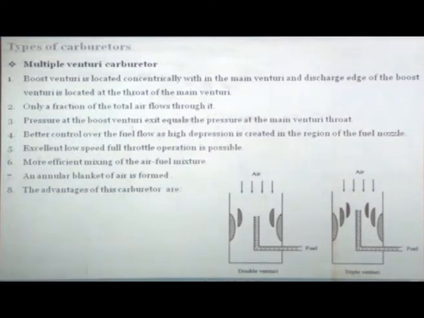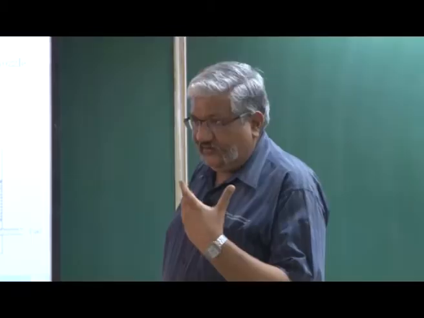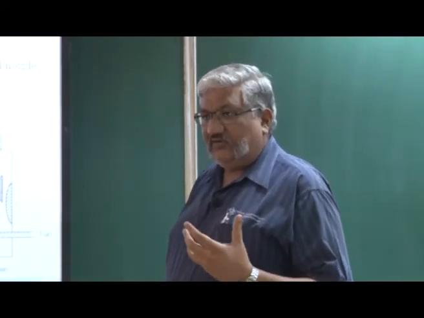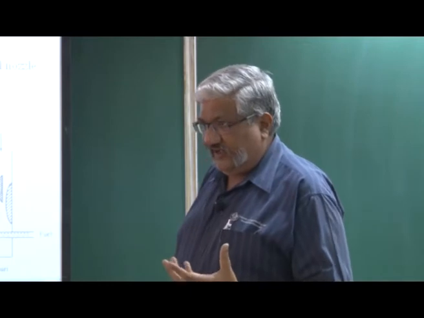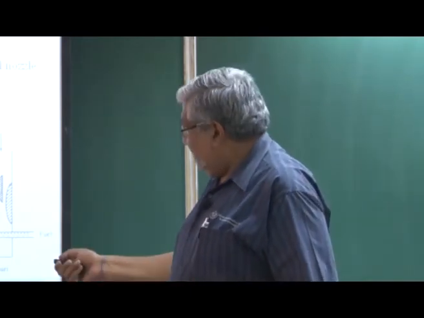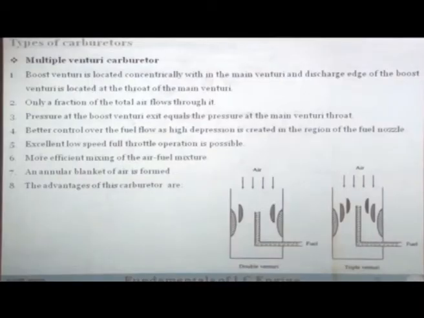If you are operating the engine at low speed and you want to pull the throttle, that means the engine is running at low speed and you want it to generate high torque. At that time you would like to have more fuel supplied for a small quantity of air. That is possible by this system, because here more vacuum is created. So more fuel will come in for the same amount of air, and therefore you will be able to enrich